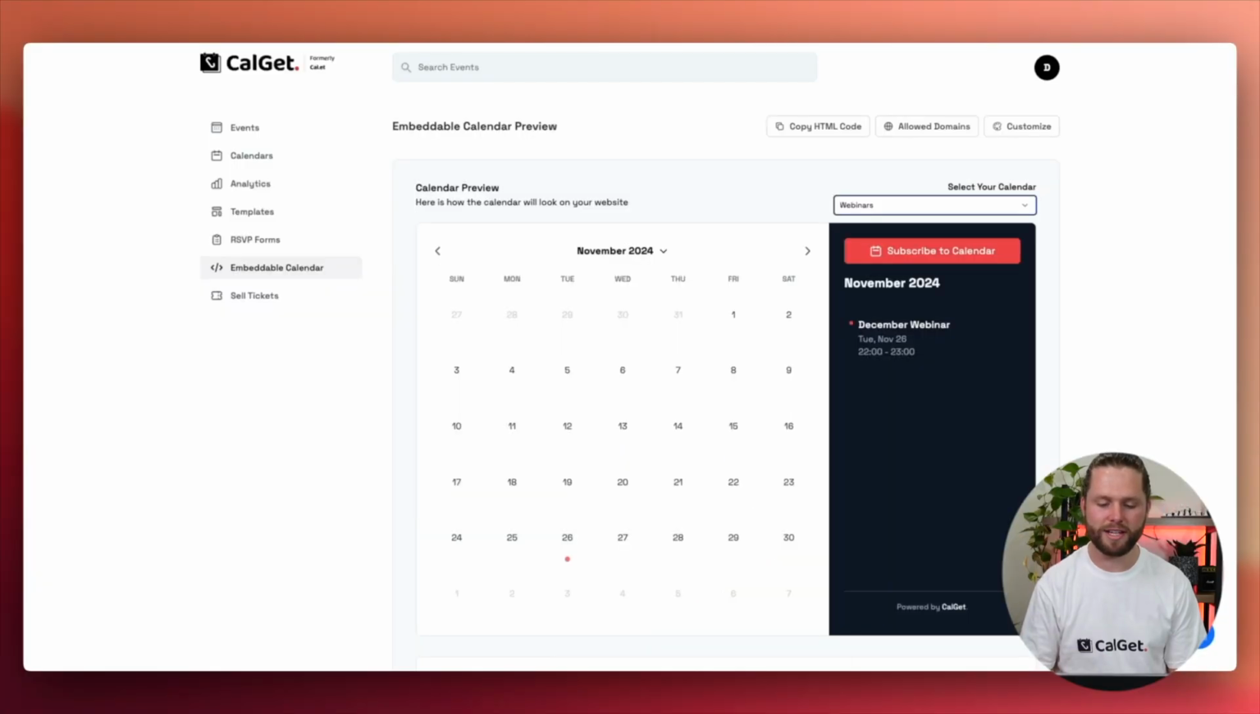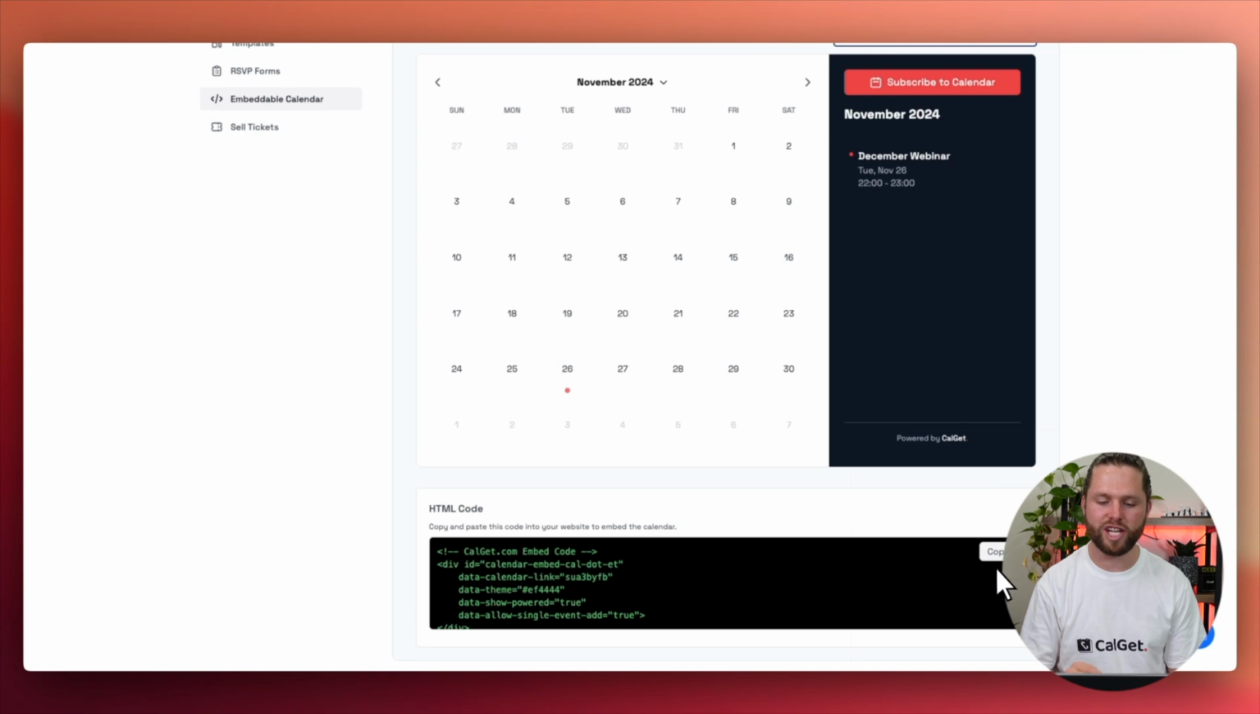Embedding a subscription calendar into your website has never been easier with CalGet. In this video, we'll take a look at how embedding can help you get more followers and subscribers for your calendars. Let's get started. Let's firstly head to our Embeddable calendar and scroll down and copy the HTML code for